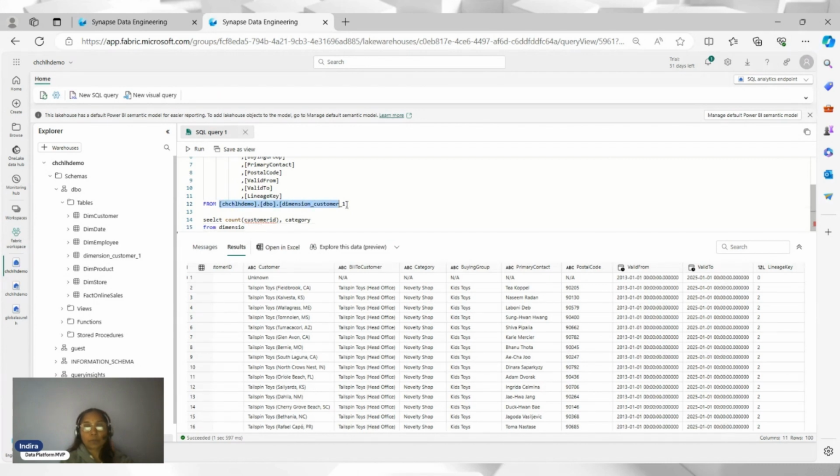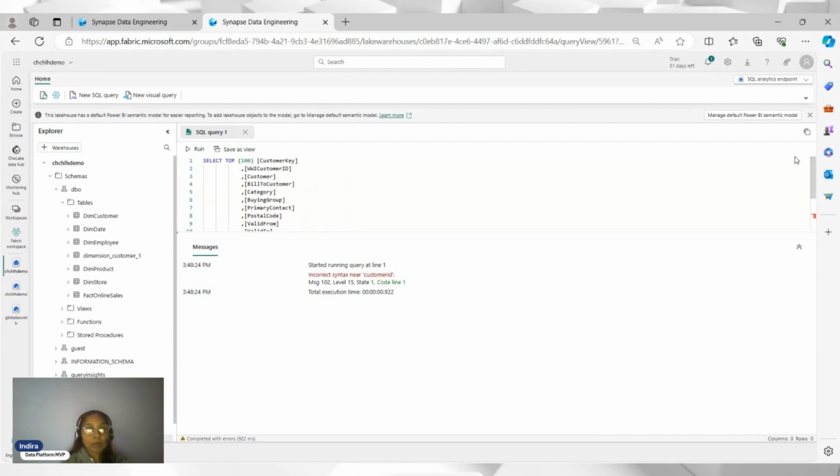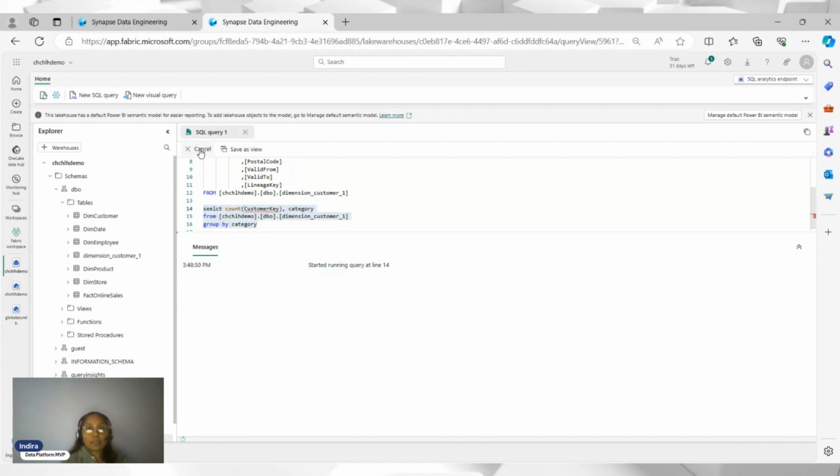We can copy this one, group by category, and then run this query. Oh, okay, customer ID is not right. It must be customer key. Okay, when I run this one, you will get the